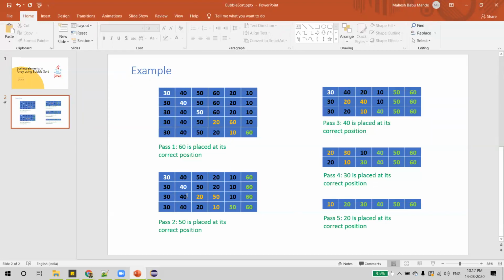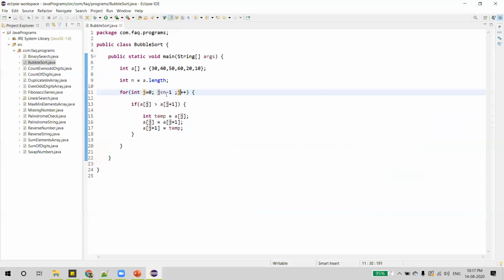As the array length is 6, we wanted to have 5 passes, meaning the length of the array minus 1. And for that, we'll write another loop for the passes: i less than n minus 1, i plus plus. So this is for passes.